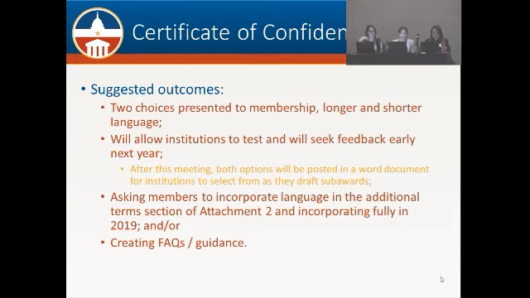So then what we're thinking is we will ask you for feedback at some point in the fall, maybe early winter, somewhere around then. We'll give it a few months, but we're going to ask you. We'll put out another survey. We want to hear about your experiences before we go incorporating this into the templates. And then based on that, we'll figure out where we're going to go. And then we will also continue to work on creating FAQs and guidance that will go along with this.